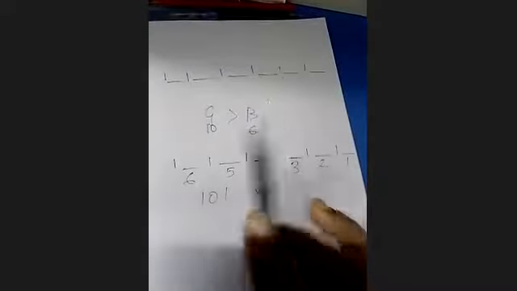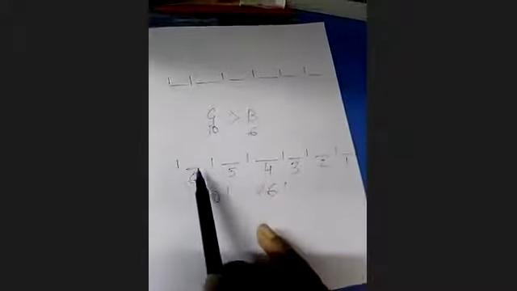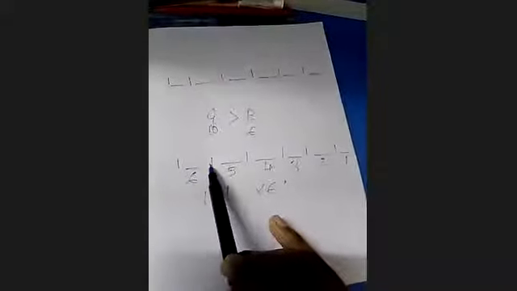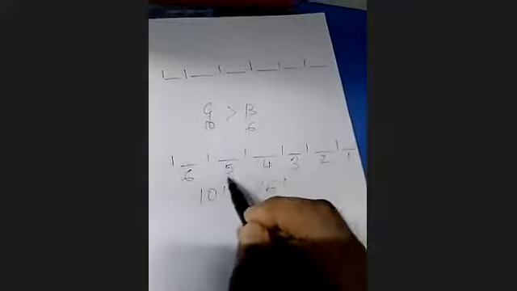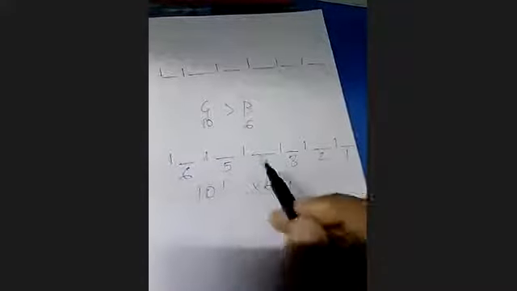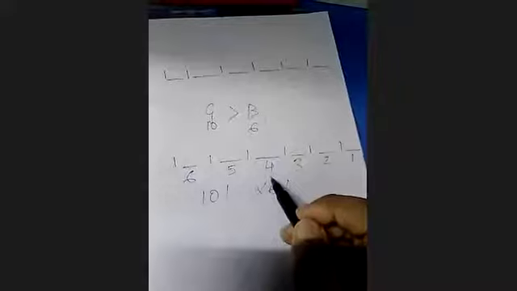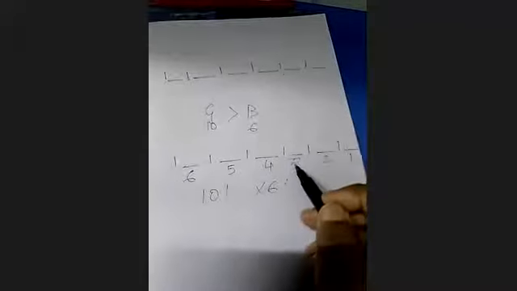Since no two boys can sit together, the boys must be sitting between the girls. So in the first place, 6 boys can sit. In the second place, 5 possibilities are there for the boys to sit. In the third place, 4 possibilities. Fourth place, 3 possibilities, and fifth place, 2 possibilities. And the last place, 1 possibility.